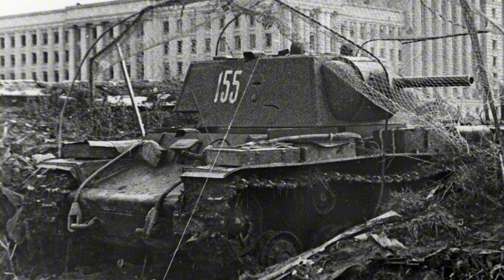Part 10. Conclusion. The legacy of the KV-1. The KV-1 was not perfect. Its mechanical issues, limited mobility, and cramped interior were serious challenges for its crews. Yet despite these flaws, it achieved something remarkable. It changed the battlefield dynamics of the Eastern Front in